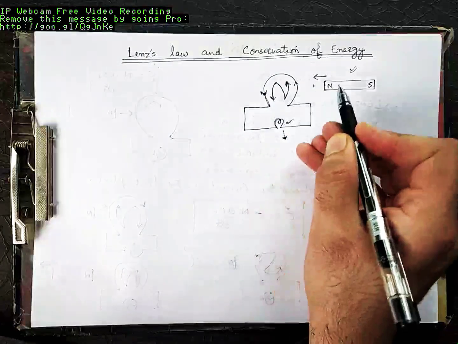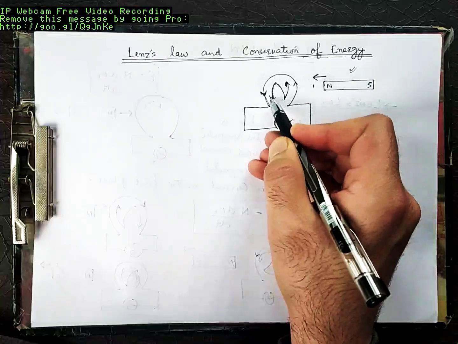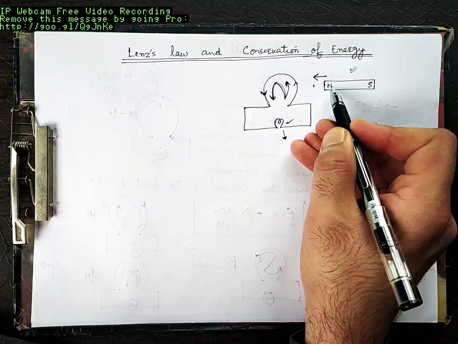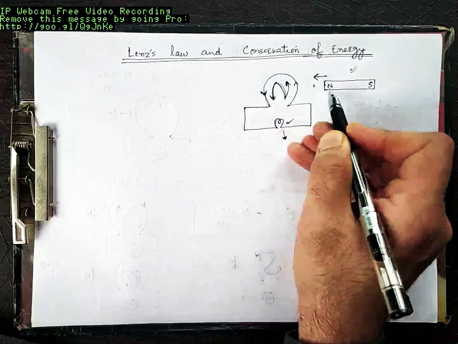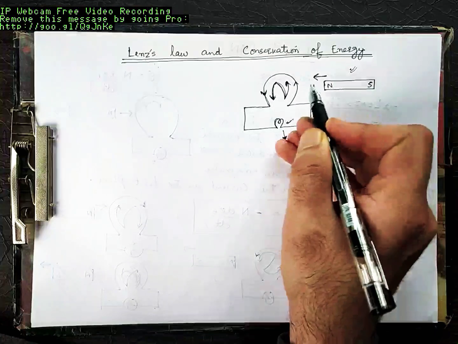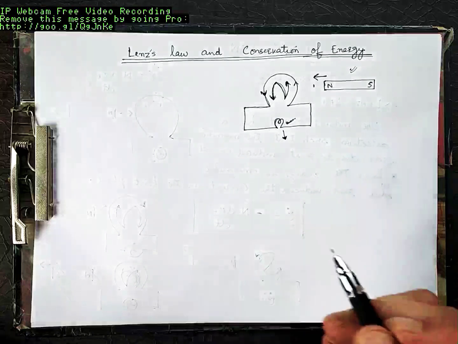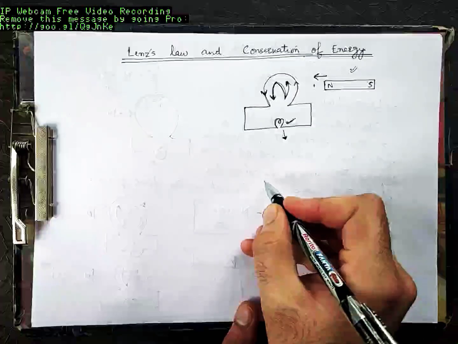In this case, why is this a north pole? The reason is, when you push this north pole towards the coil, this side becomes north, and this north will oppose that north. So if you want to push this magnet further towards the coil, this north will oppose it. So I have to again put in some energy. It's that energy which is being converted to electrical energy. That's why the bulb is glowing. Getting me or not? Again, one more example.